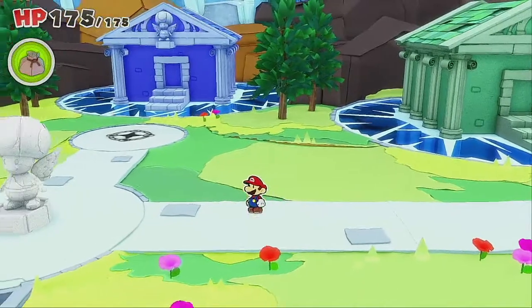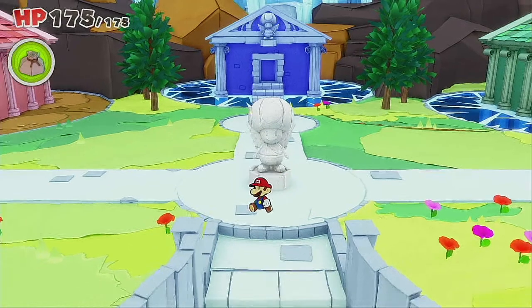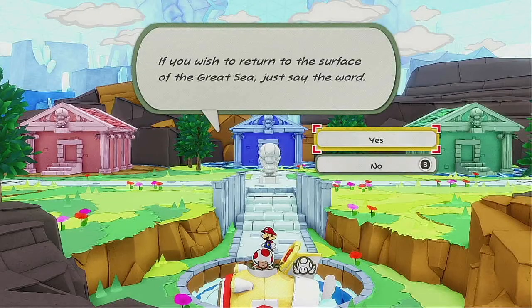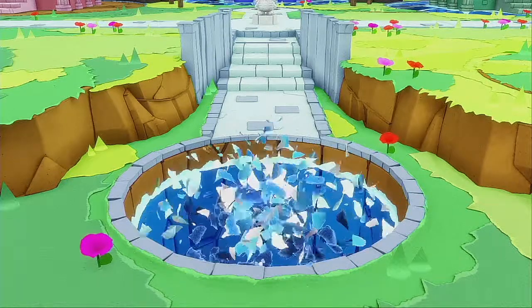And if you talk to this one again, well done. You've conquered. Yeah, he just says the same thing. So I thought it was this island that gives you the rewards if you encounter all of the statues, but actually it's the Sea Tower